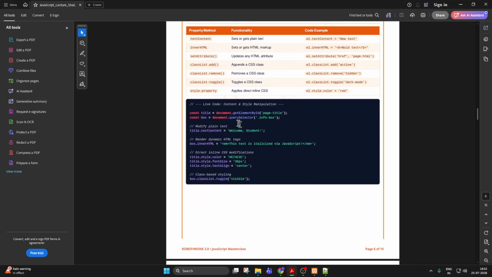Then content and style manipulation. I have a constant title and document dot get element by id, that is page title. Page title should be stored inside title, and inside box you have a query selector info box. Title dot text, this is called welcome student. Box dot inner HTML is this is only just